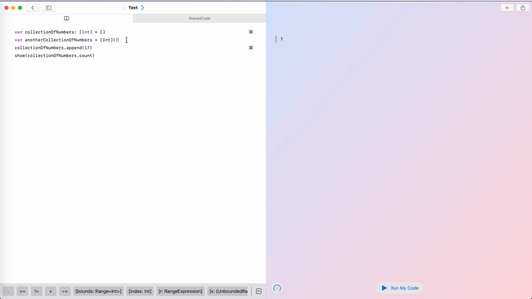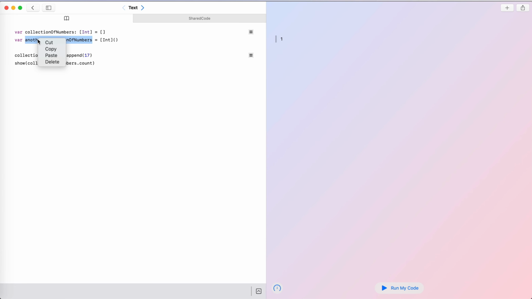Since what we're doing here is creating an instance of an array of integers and assigning that to another collection of numbers, Swift infers and says, well, this must be an array of integers, because the very first thing you're doing with another collection of numbers is assigning a new instance of integers. So if we right-click on here or hold down your finger on that, you should be